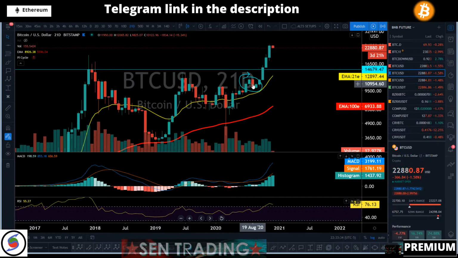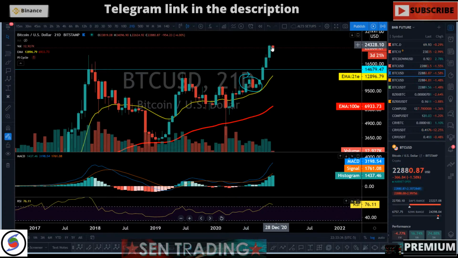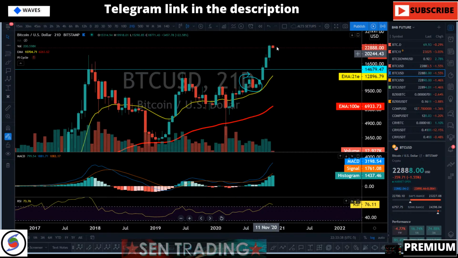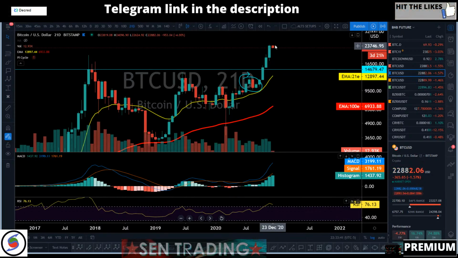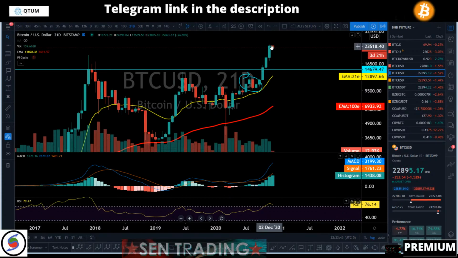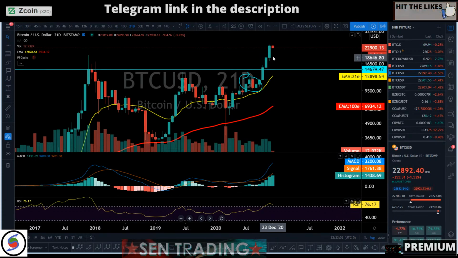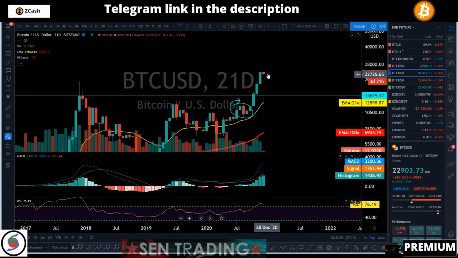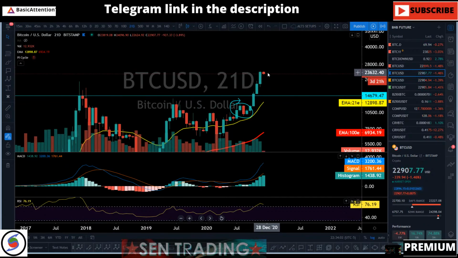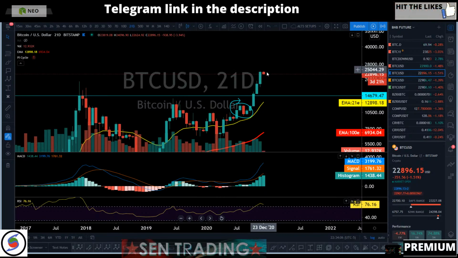Okay, so we got one right here, we ignored it, so we're going to need another one somewhere around here. But this candle is only going to be 7 days, so I don't think we're going to wipe out all the last 3 weeks gain in 7 days before the end of the year, but let's see. If that's the case, that's going to be very bearish. So we're going to need the first 3 weeks of January. The next candle is going to start January 1st, so from January 1st to January 20th